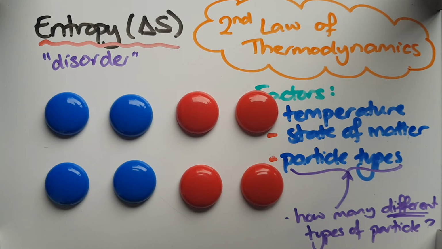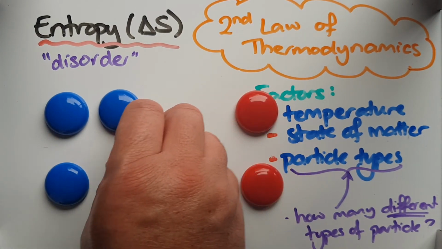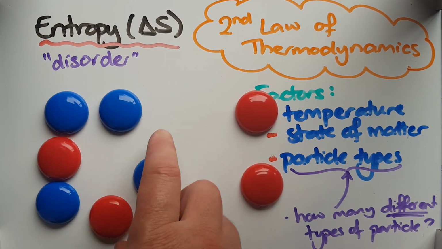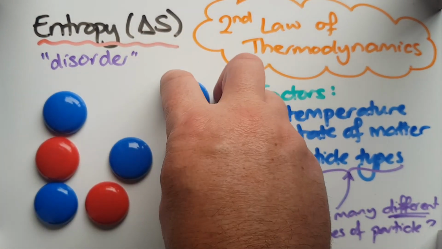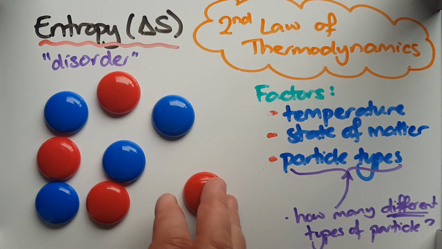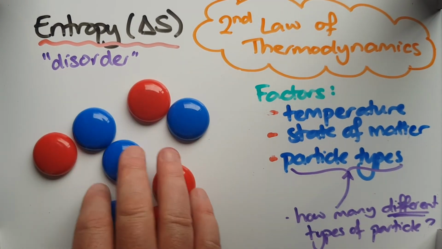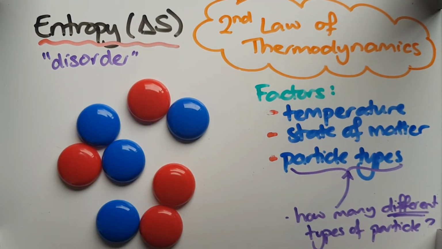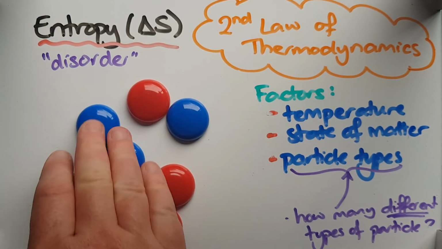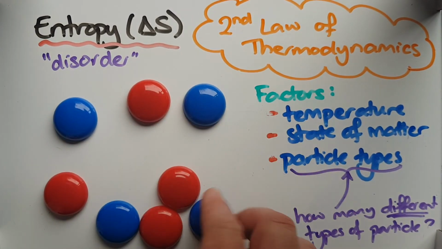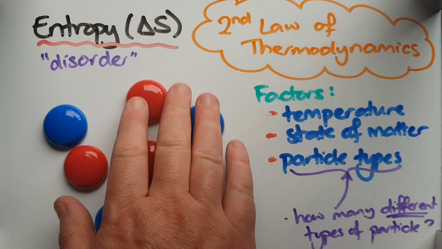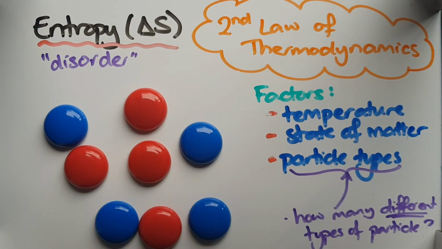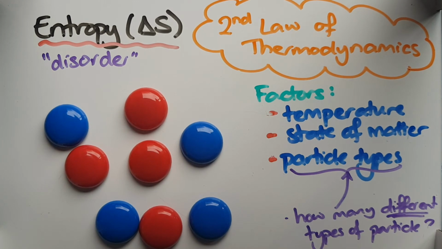Let's say, for argument's sake, that they are liquids and I allowed them to mix. They could start getting involved with each other and increase the level of disorder. There are many different ways I could organise these 8 molecules so that they are arranged a different way in space at any time, and that would mean that there is a high level of disorder. So if you've got lots of different types of particles in a substance, then that also increases the disorder.